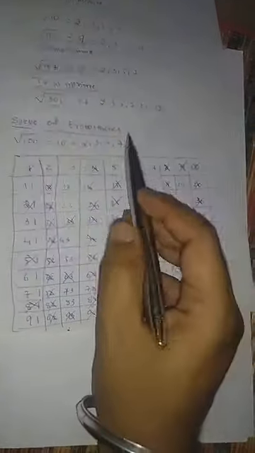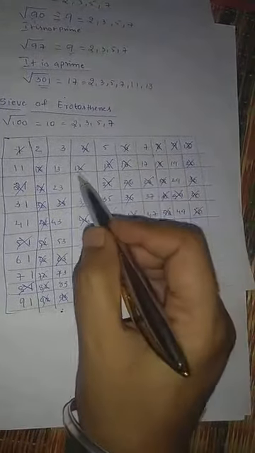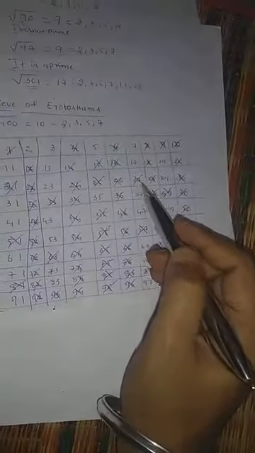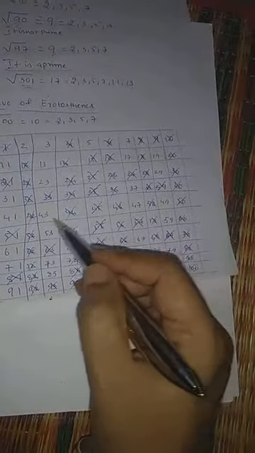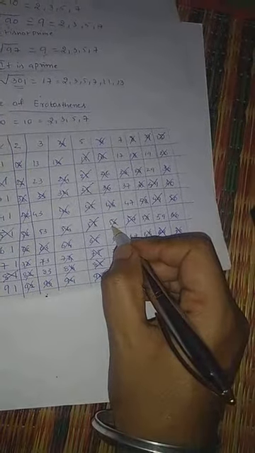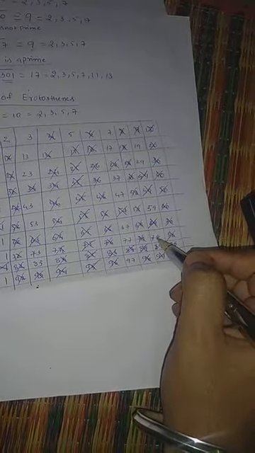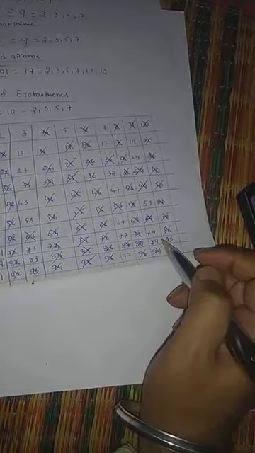Again you continue with 7. 7 ones are 7, you just leave it off. 7 twos are 14, 21, 28, 35. Yes, see, 35 was already struck out earlier, then 42, 49, 56. I think every number has been struck out. Start from this one, 7. Yes, 91 is also divisible by 7. So these are all the values divisible by 7.